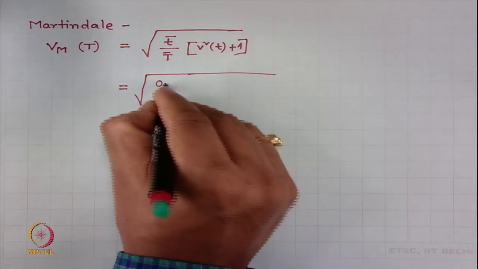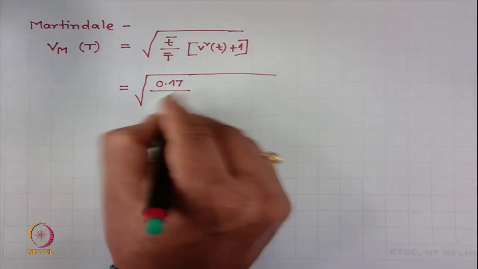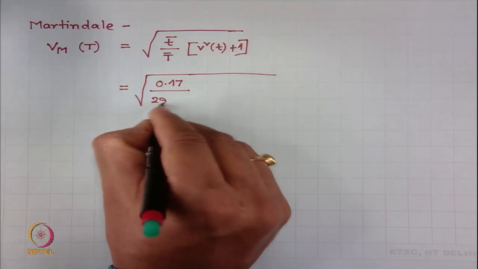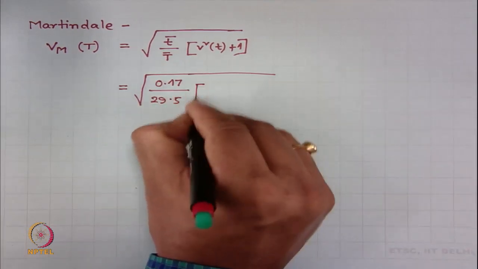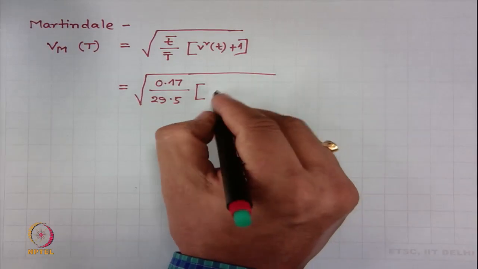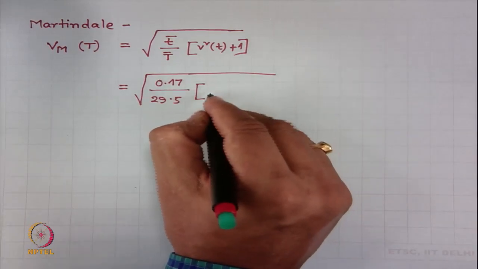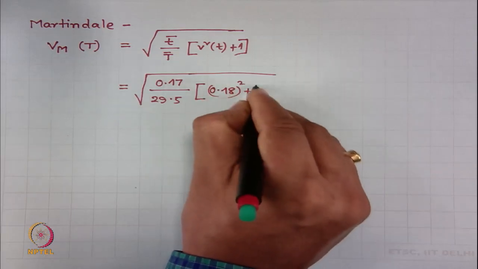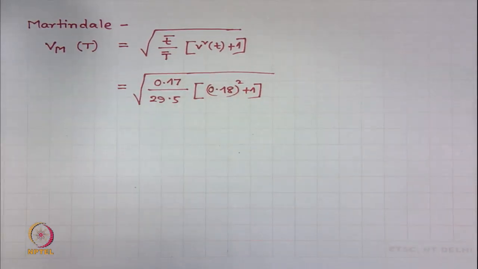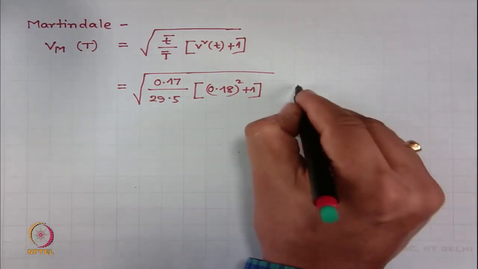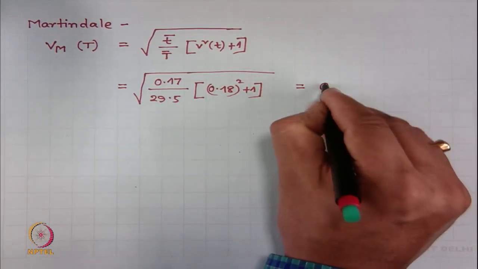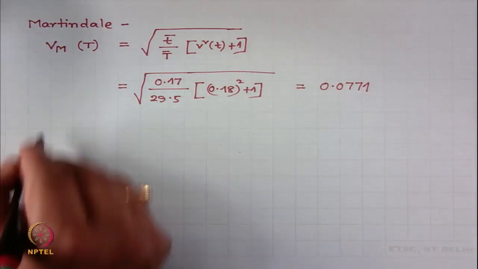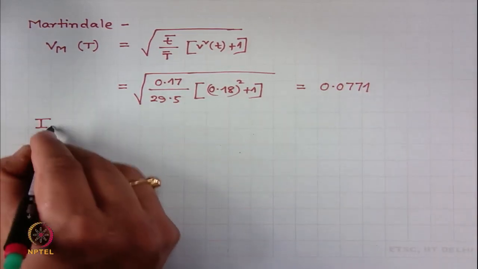So, fiber fineness is 0.17 tex and yarn fineness 29.5 tex and your CV was 0.18 plus 1. Okay. So, this will lead to 0.771. Then index of irregularity using Martindale,